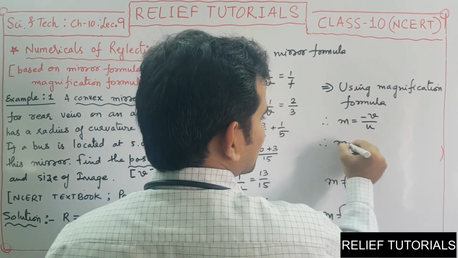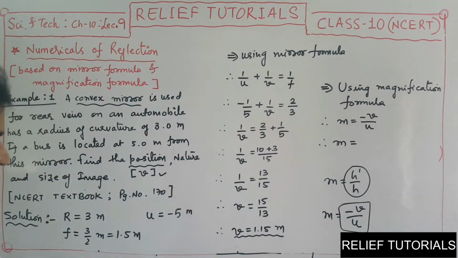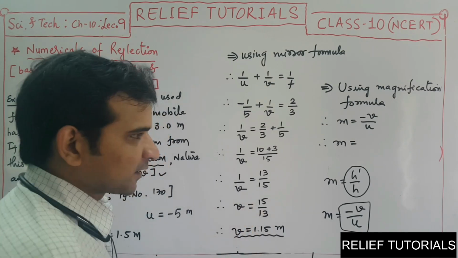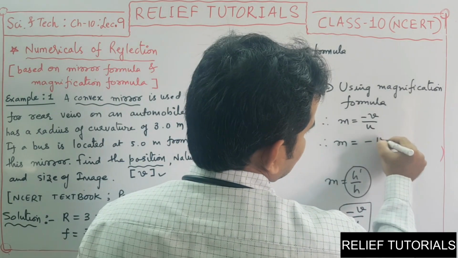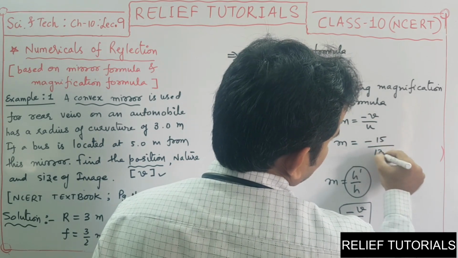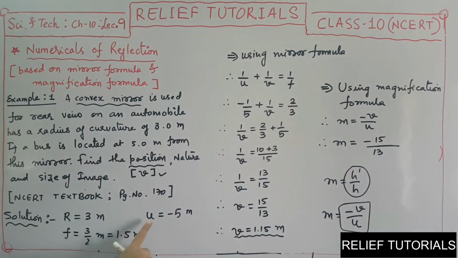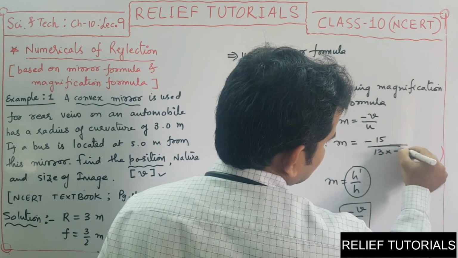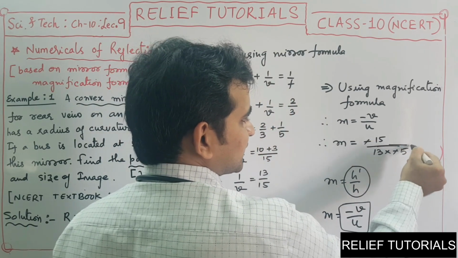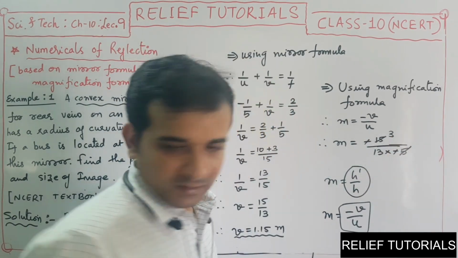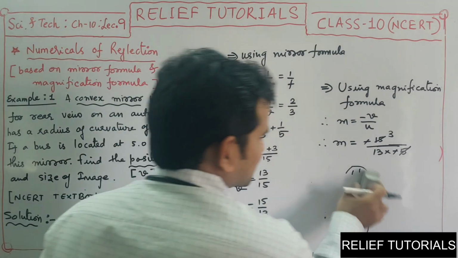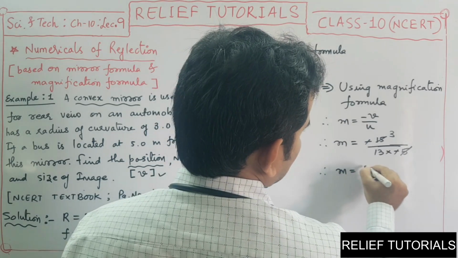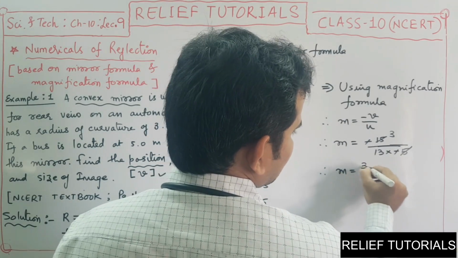Now put the values. So M is equals to minus V, means minus 1.15, means minus 15 by 13 we can write. And what is U? U is already given as minus 5. So you can write here, divided by minus 5. Minus is cancelled, sorry. So it is 3 by